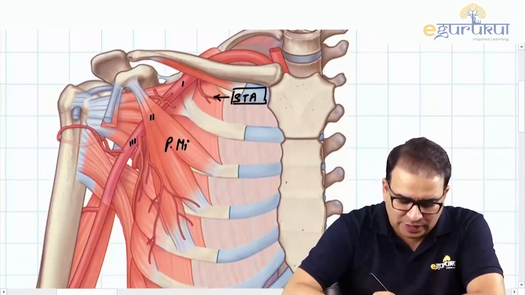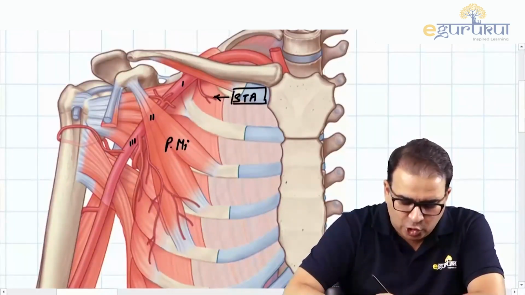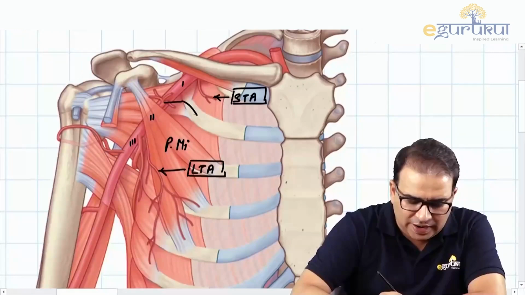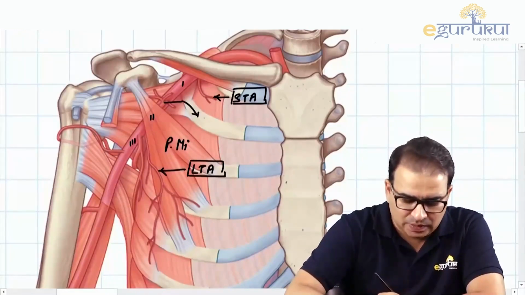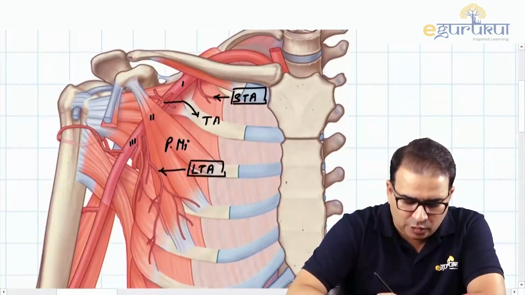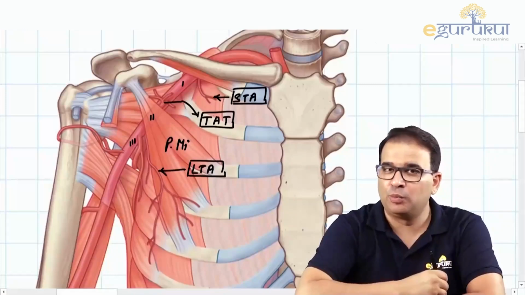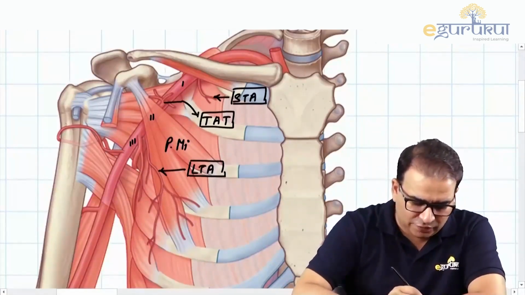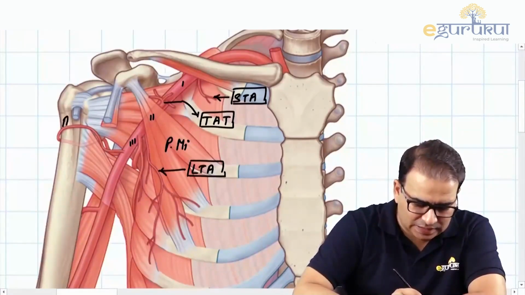From the second part, as you can see, an artery coming along the lower border of pectoralis minor. This is lateral thoracic artery. And the one that you see which is emerging at the upper border, and you can see dividing into 4 branches also, that is a thoracoacromial trunk. Third part, look at the third part giving off this ACHA, that is an anterior circumflex